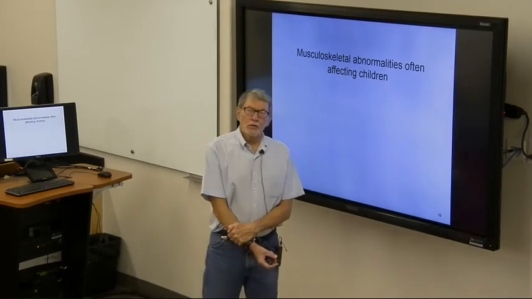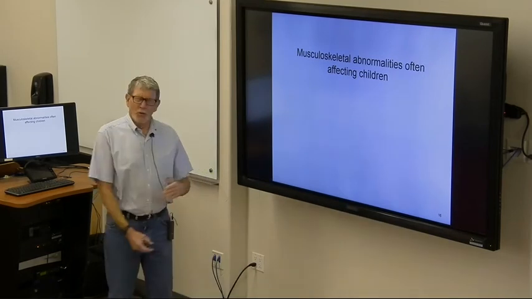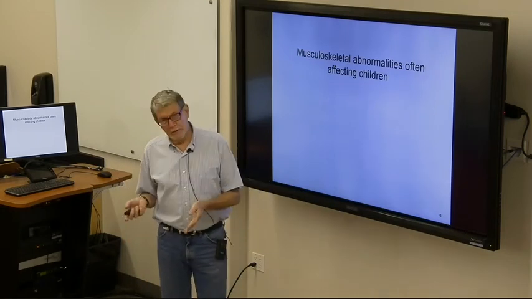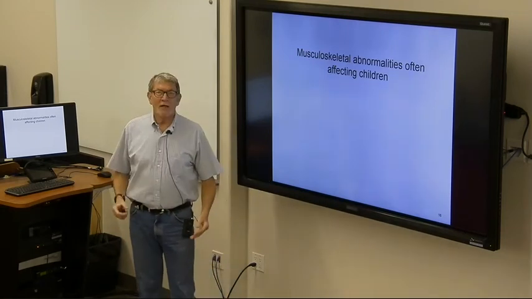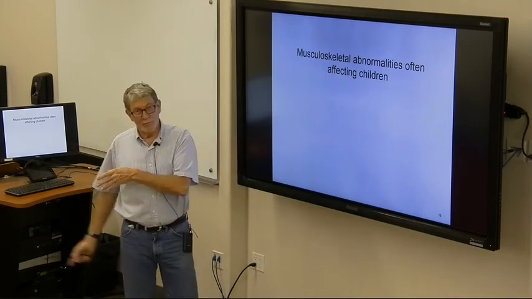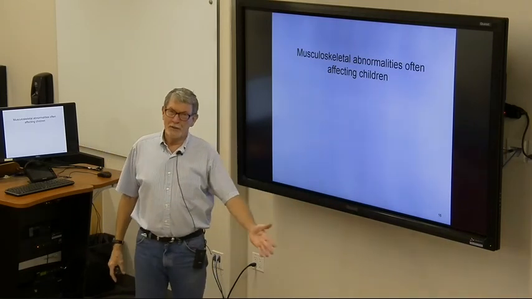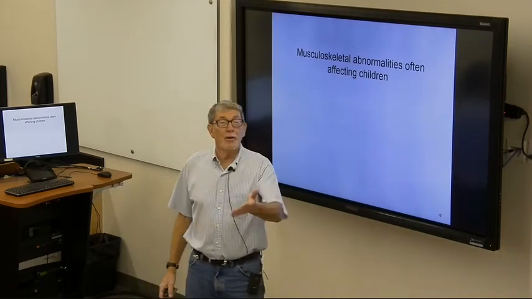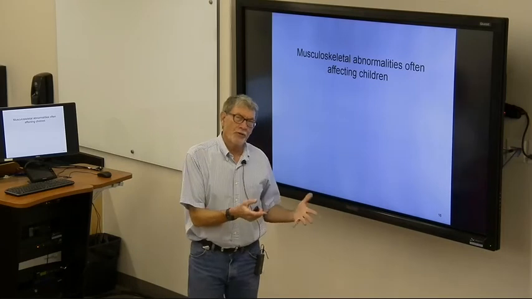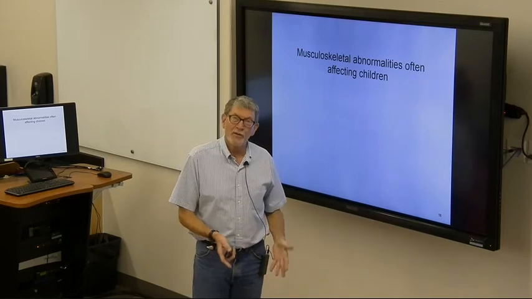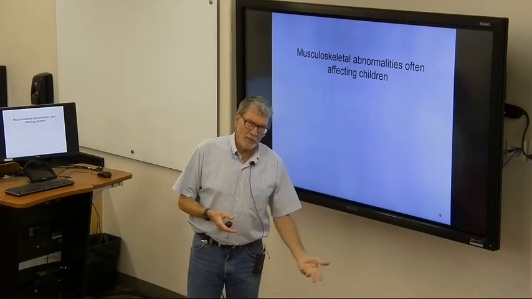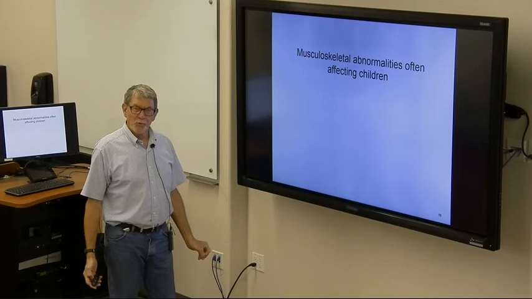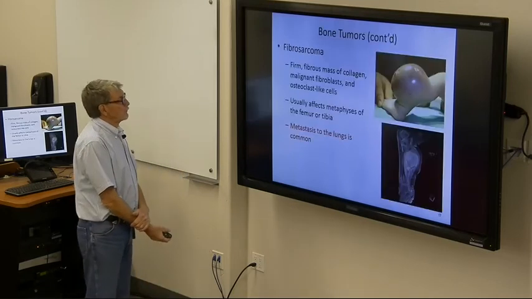Okay, so let's talk a little bit about children. We'll see some of these same problems that we saw before, but with children it's a little different. Usually they get them early rather than getting them late. With adults, it's often situational, environmental things that build up over time. With a kid, it's often a predisposition they were born with, a genetic abnormality or something that caused them to have an abnormality early in life.